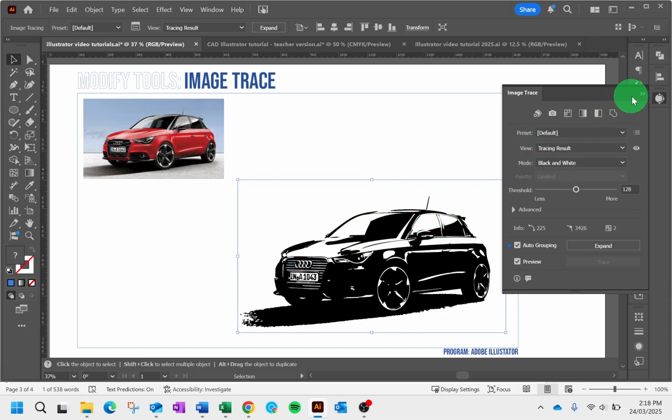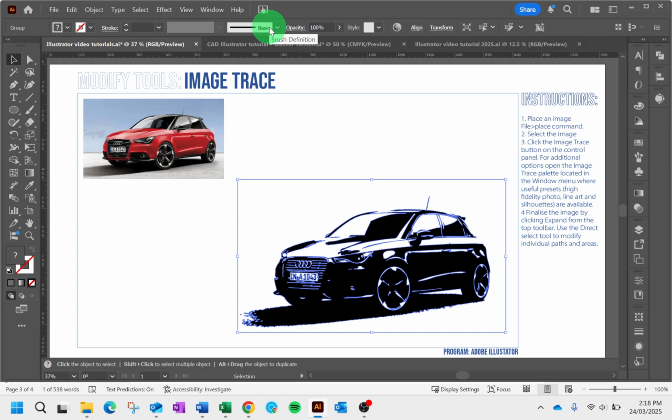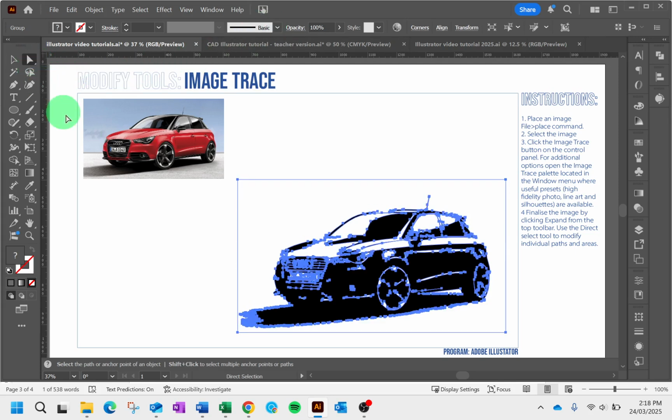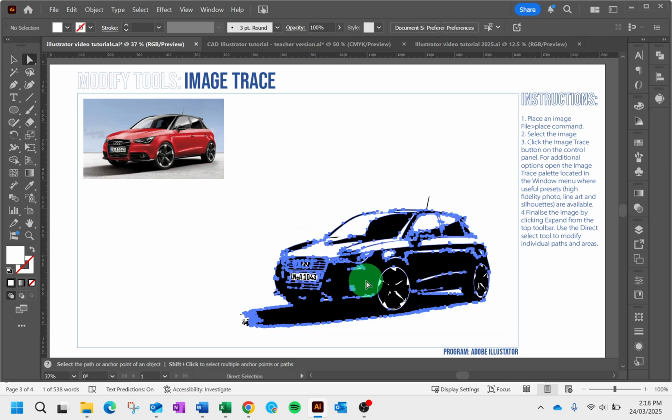Notice this is sort of a preview mode. And so now we want to select Expand so we can go through and change it. With expanding it, we've now converted it into shapes and paths. So I'm going to delete that background that we don't need. And using the direct selection tool, I can select